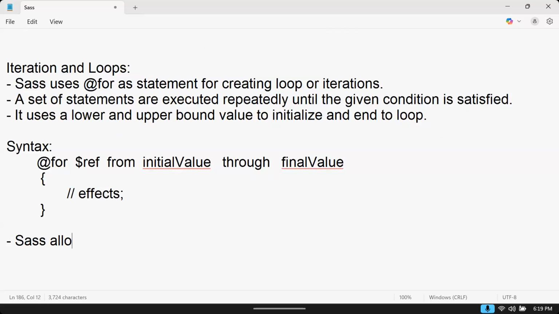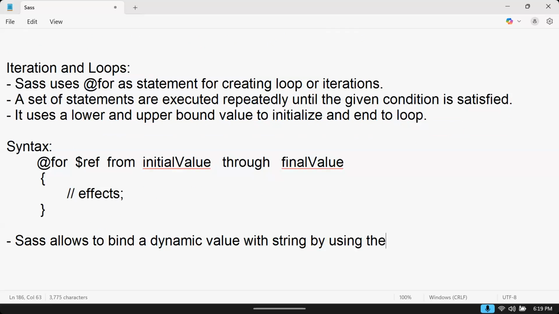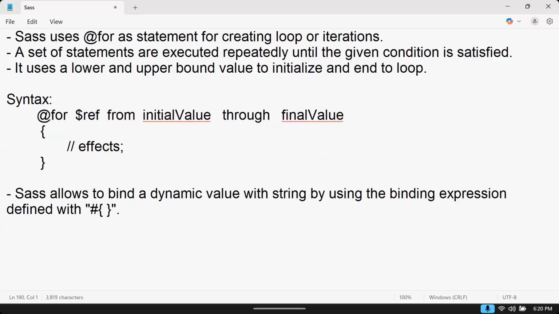Sass allows you to bind a dynamic value with a string by using the binding expression defined with hash and curly brace. Syntactically, just suppose we have like